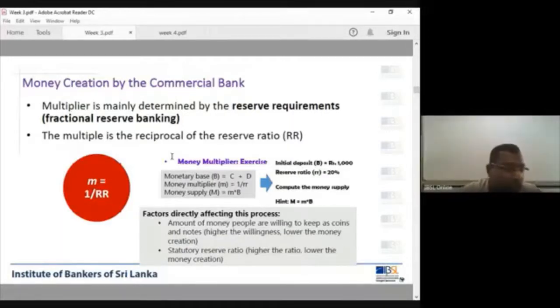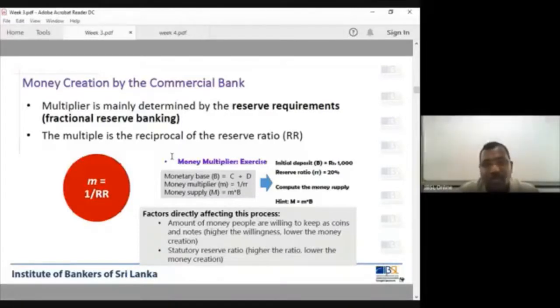And during this coronavirus period, to support economic activity, the central bank further reduced the reserve ratio. It was revised down to 4% some time back, around March. At the beginning of the pandemic crisis, the central bank responded very early and also adequately. So the central bank reduced the reserve ratio and brought it down to 4%.